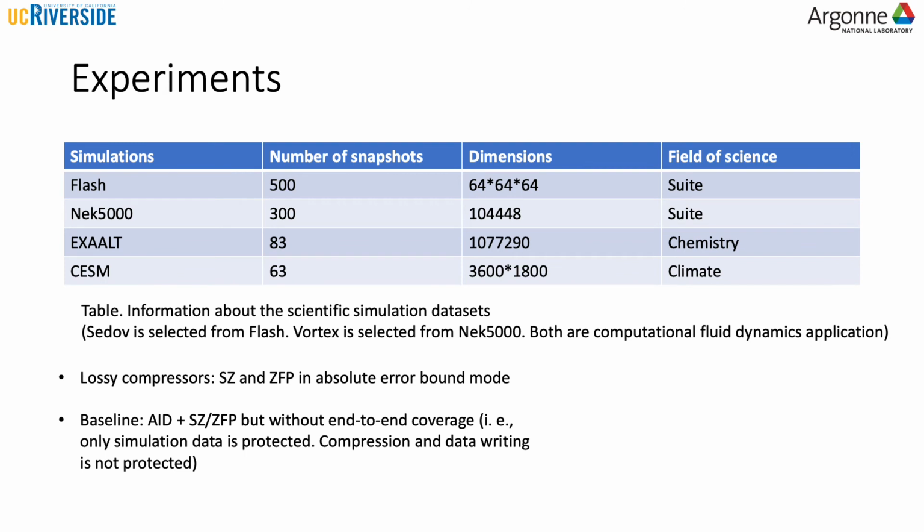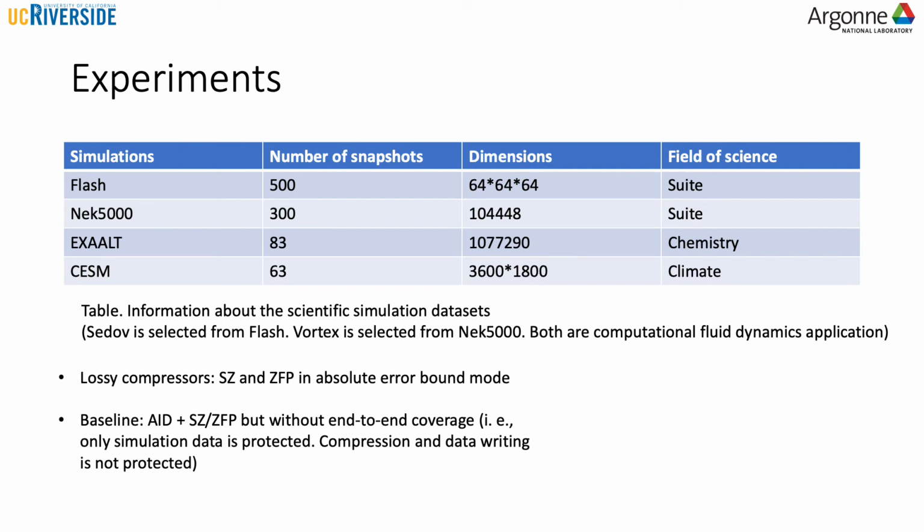Okay, now let's see some of the experimental results of our proposed solutions. This table shows the simulation datasets we choose to do our experiments. We choose a CDOV application from Flash and a Vertex application from the NEC5K. Both of these two applications are for computational fluid dynamics. Then we choose EXALT simulation in the field of computational chemistry and the CSM in the field of climate